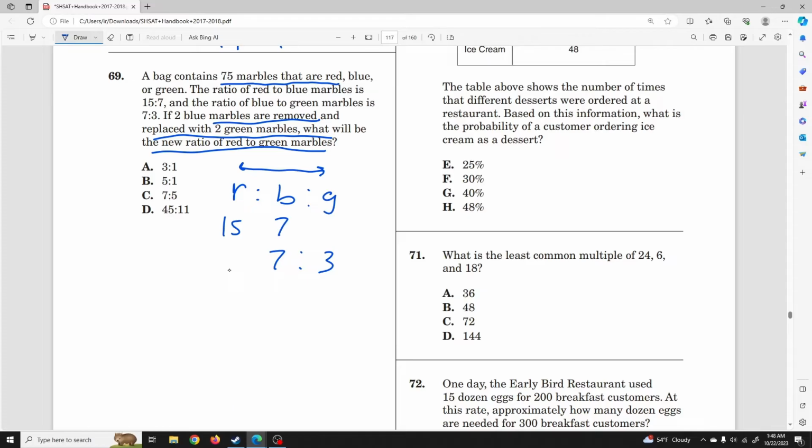But you know, whenever you have 3 ratios, it's going to be 2 things compared to another, and then another 2 things compared to one another, right? So whenever the middle values of the ratio are the same, you can apply the outermost ratios equal to one another, right? So because these 2 7 values are here, I can say that the ratio of red to green is 15